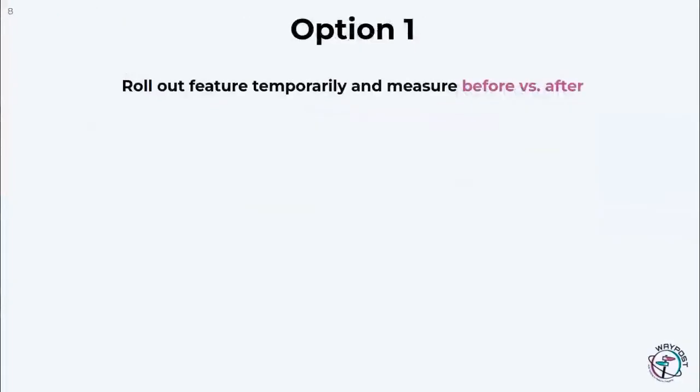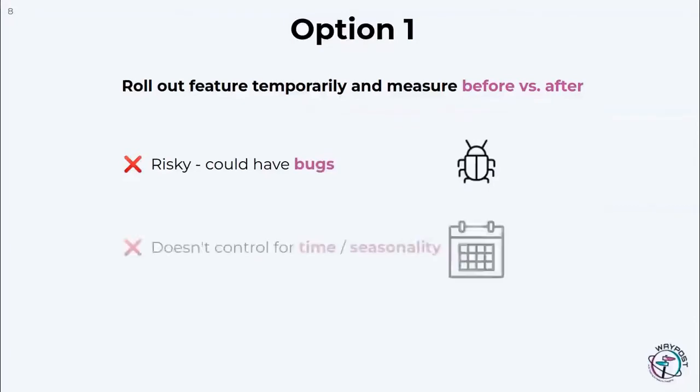One option is to roll out the new feature temporarily and measure how the metrics change, but there are several problems with this. One issue is that our new feature hasn't been tested in production and could have bugs, so we don't want it rolled out to everyone at once. Another important problem is that it doesn't control for external factors like time. For example, users may be more likely to sign up at different times of the year. Without controlling for external factors, the change in metrics might be attributed to the new feature when it was actually